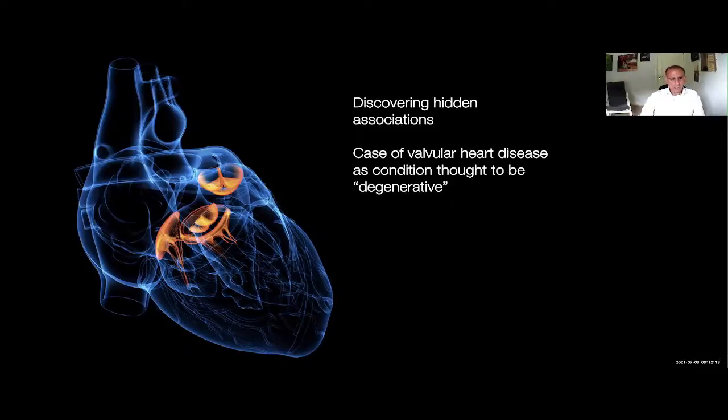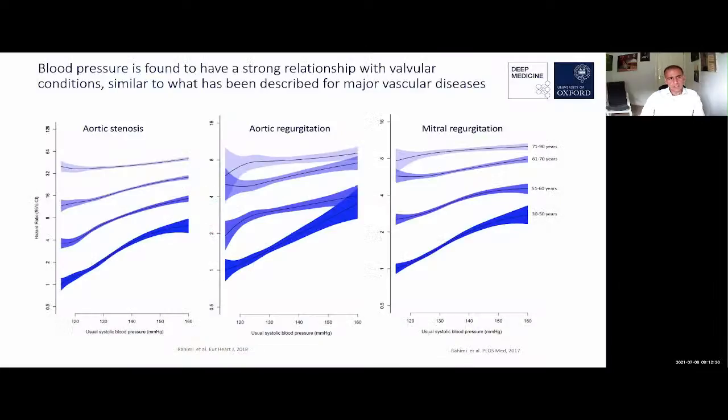If one looks at medical textbooks, valvular heart disease is typically thought to be a degenerative condition in most cases, which suggests that we are not aware of the risk factors contributing to this. But again, if one uses the large-scale electronic health records, in a series of studies that have been done, one suddenly sees there are actually enough people in those data sets to start investigating